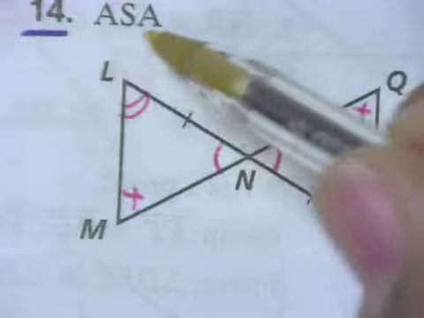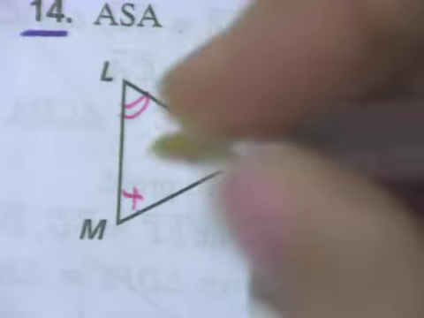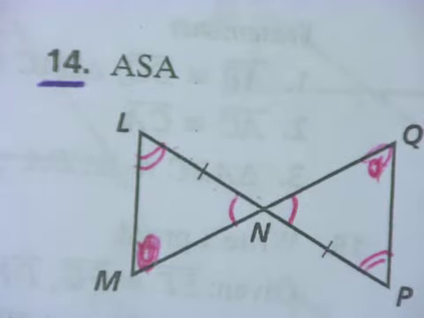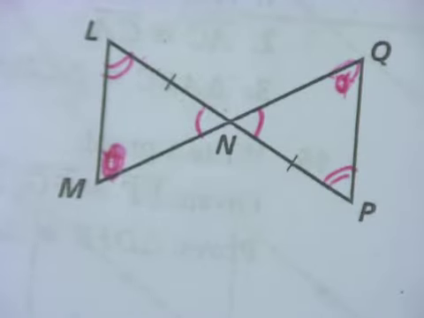Could I have used these angles here? Could I have used angles M and Q? The answer is no, because let me put an X here and an X there. Let's pretend that this is the angle I'm using. Then what I would have would be angle, angle, side. And that's not the rule that they want. They want angle